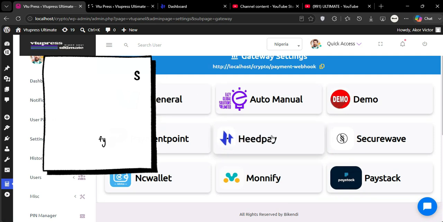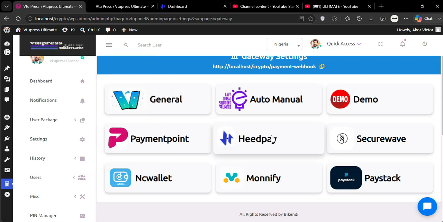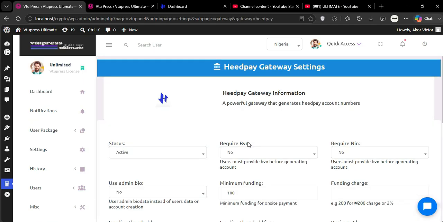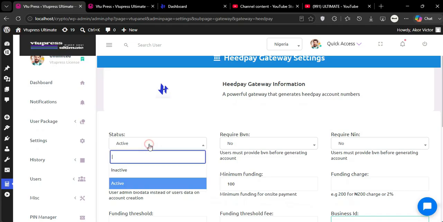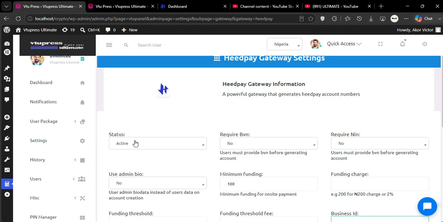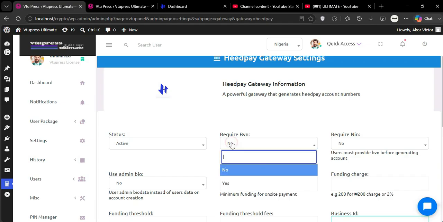Then we can click on any of them. All right, we can click on, let me say, ePay. Click on ePay, and now we are here. Okay, you can make this active. If you set this as inactive, you won't be able to see the payment gateway in the front end. So you can set, maybe, require BVN. If you set this as require BVN, if your users are trying to generate an account number using ePay, they won't be able to see